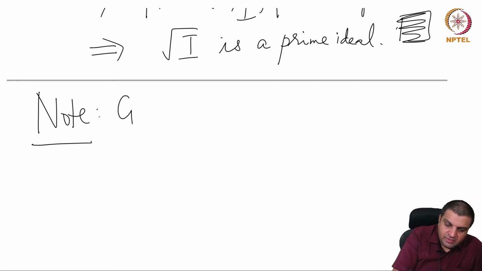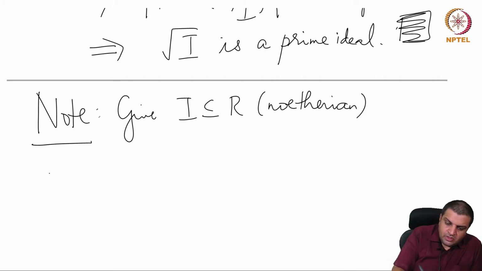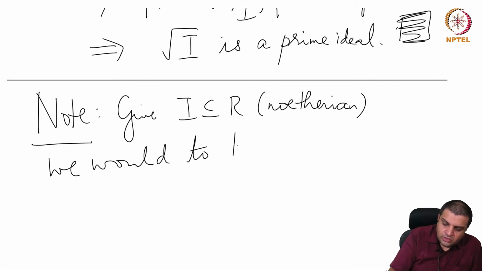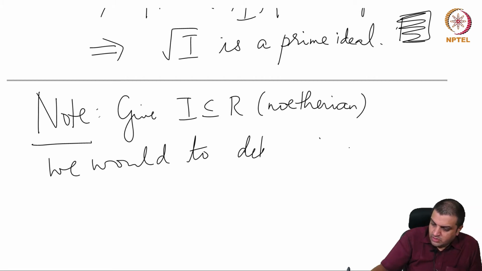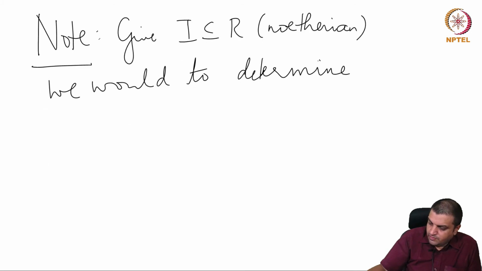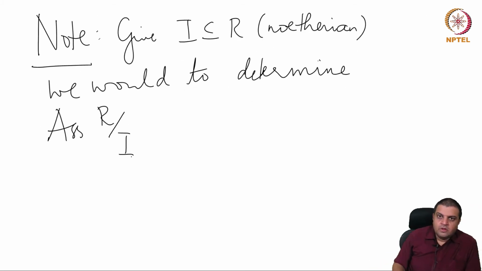So given I inside R, Euclidean, otherwise a lot of these results don't apply, we would like to determine associated primes of R mod I,